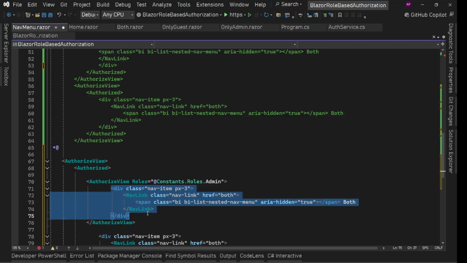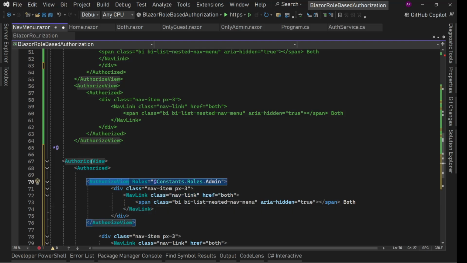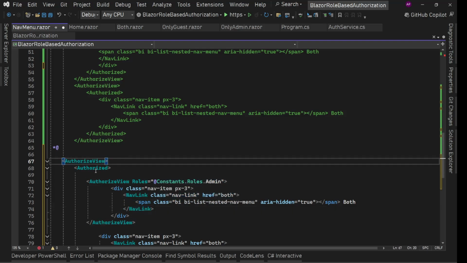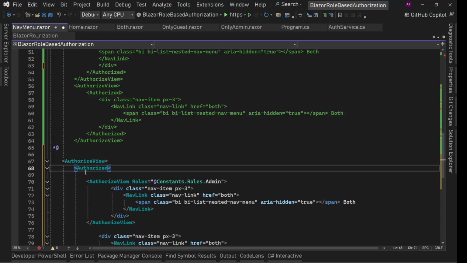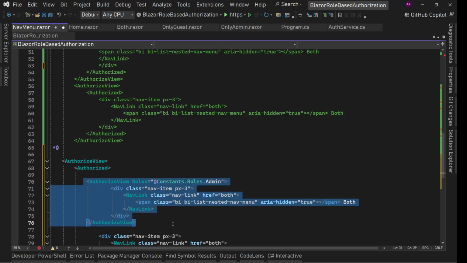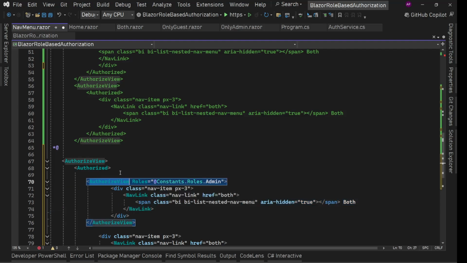We don't need to add authorized or not authorized authorizing thing here, because we already have a parent authorized view and we are using this authorized component here, this authorized render fragment child content. So this will already check if user is authenticated and authorized, then only it will come here. So we don't need to do authorized not authorized again inside this nested authorized view. That is already taken care of by its parents, authorized and authorized view. Okay, so admin, here we can say only admin,